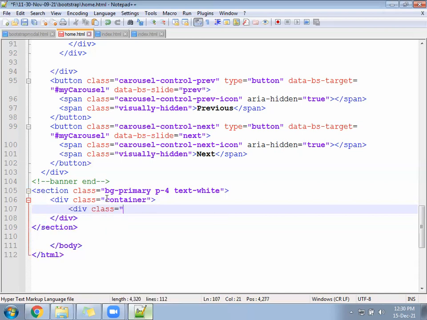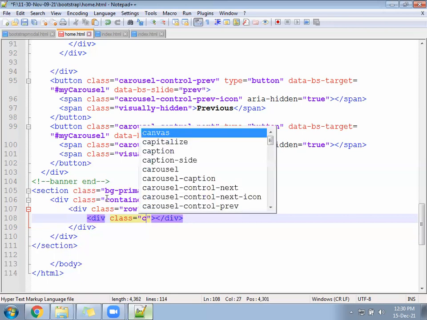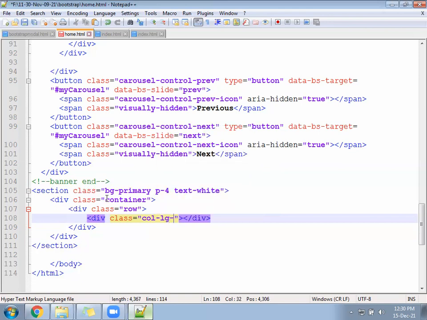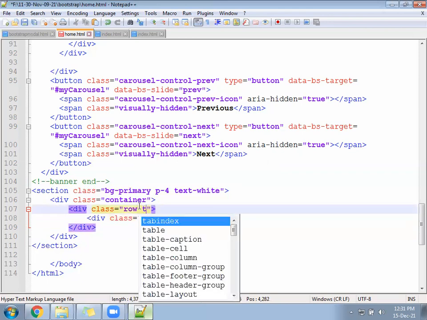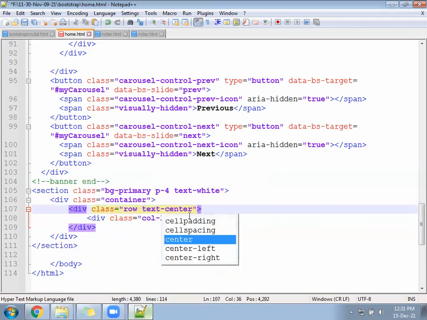Div class equal to row. Under the row, you will follow the division, col-lg-9. And for the row level, you can write text-center, for the complete row level.